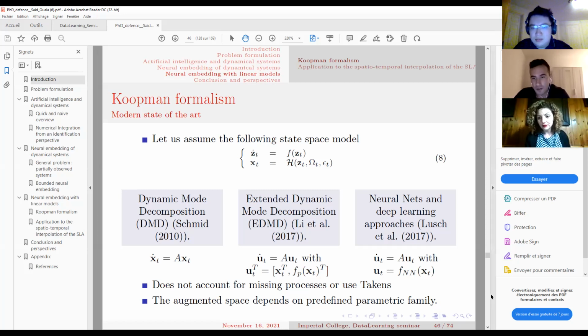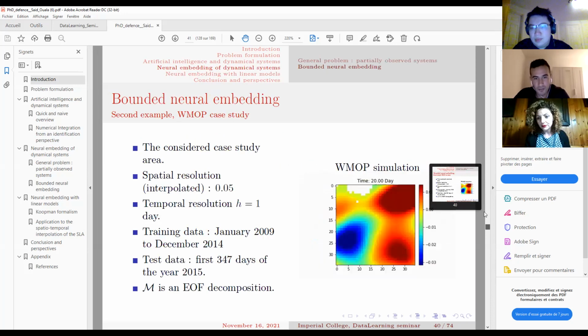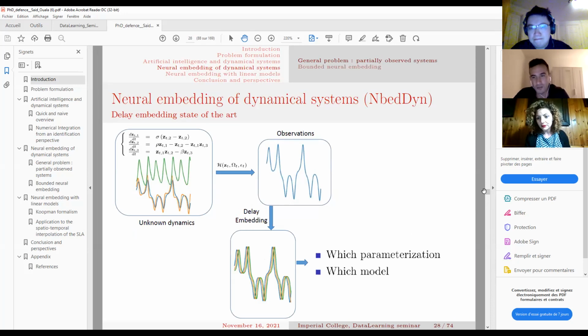Yes, actually, the code of the first part here, before the boundedness constraint, is available on GitHub, and we will soon put the code of the bounded version on GitHub, because we have not published the bounded version yet. Do you have the address of your GitHub? Yeah, sure. I'm looking for it right now. Okay, great. Thank you. It's in GitHub Oceanics. It's a GitHub repository, and it contains lots of other cool projects. It's not only mine, but you can check. There is some 4D-Var stuff and stuff like that.